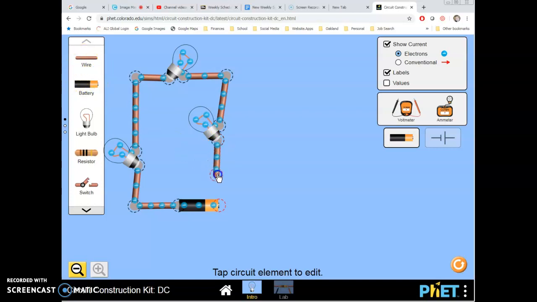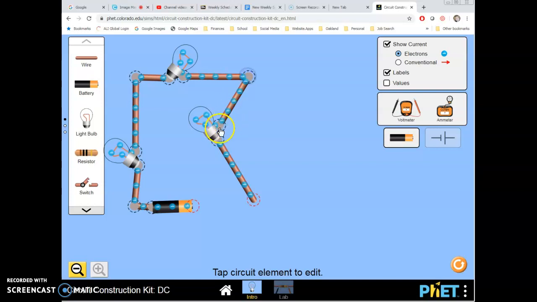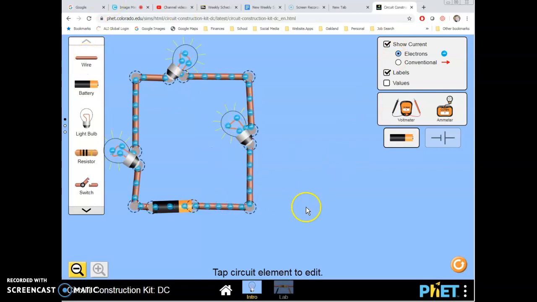I'm going to hook that back up. That does not connect to my battery, so I'm going to shrink that. And I could stretch this if I wanted. And see, it's not going to be super pretty. Okay, so I won't build the rest of it yet, but when I do this,